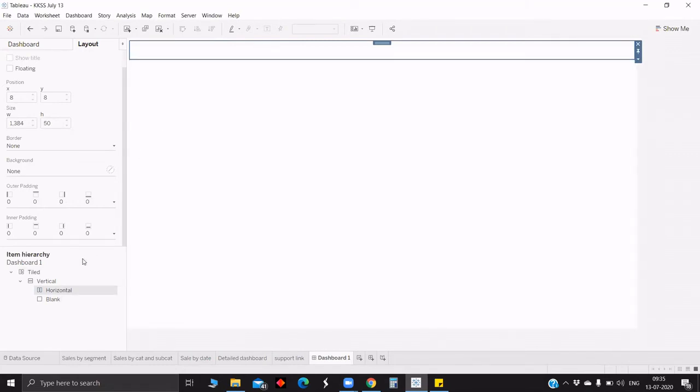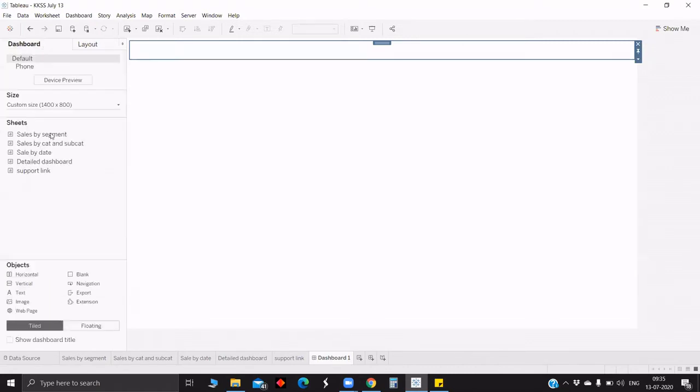What I'm trying to say here is that irrespective of whether the container is vertical or horizontal, it matters which container it is inside. So here, though we have a horizontal, we can only change the height because it's inside the vertical. And the same case with the horizontal: if we pull the horizontal out and put the vertical inside, we can only change the width of the vertical, not the height. Let me explain that.